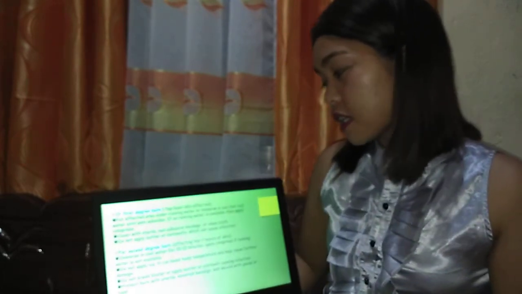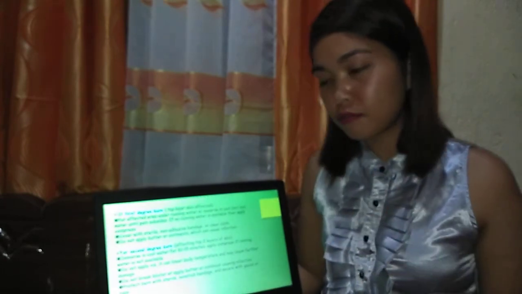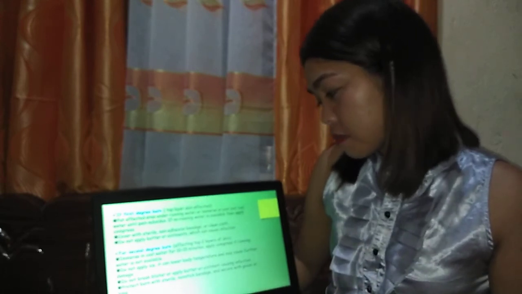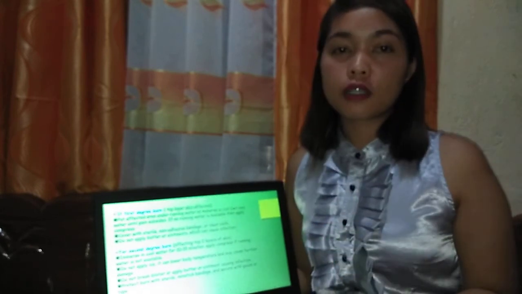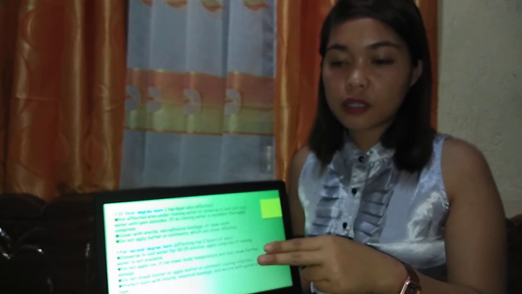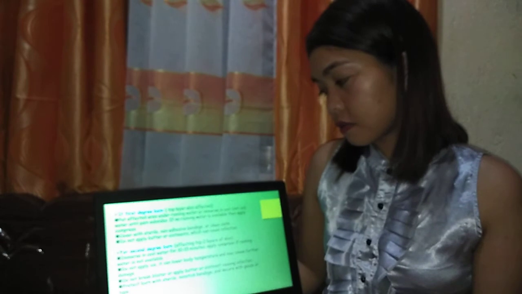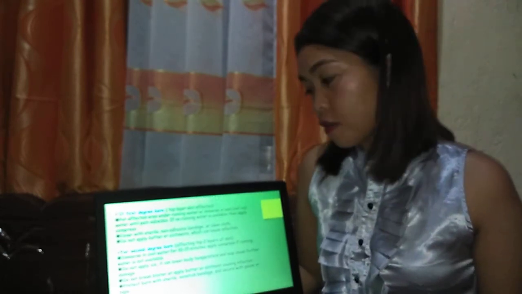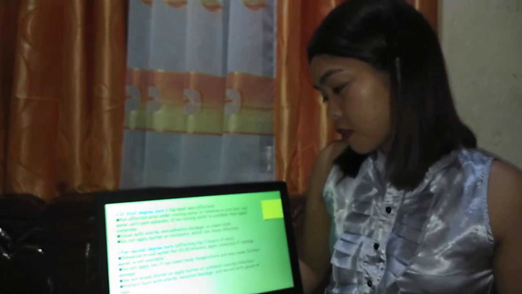Ayan. For the second degree burn, affecting top 2 layers of the skin. So, nandun na sa pangalawa yung burn. Immerse in cool water for 10-15 minutes. Apply compress if running water is not available. Ganon din po yung ating gagawin. Agad-agad nating itapat yung affected area sa running water, 10-15 minutes. O kaya kung walang running water is yung compress. Do not apply ice. It can lower body temperature and may cause further damage.